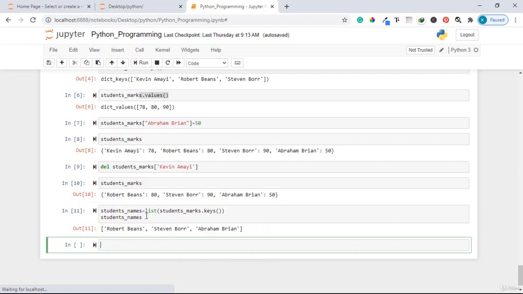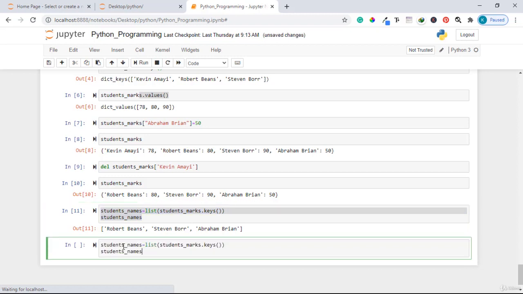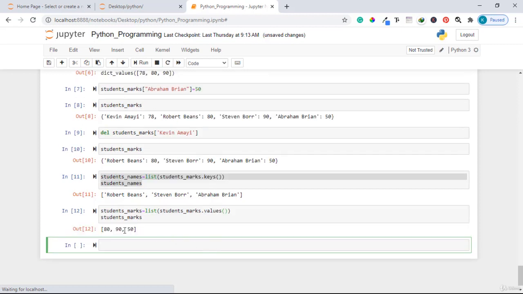Let me just copy this here and paste it right here, and change this to be marks. Right here should also be marks. And now instead of putting keys, I can put values. And if I run this code, you see it will print a list of the marks of the students who